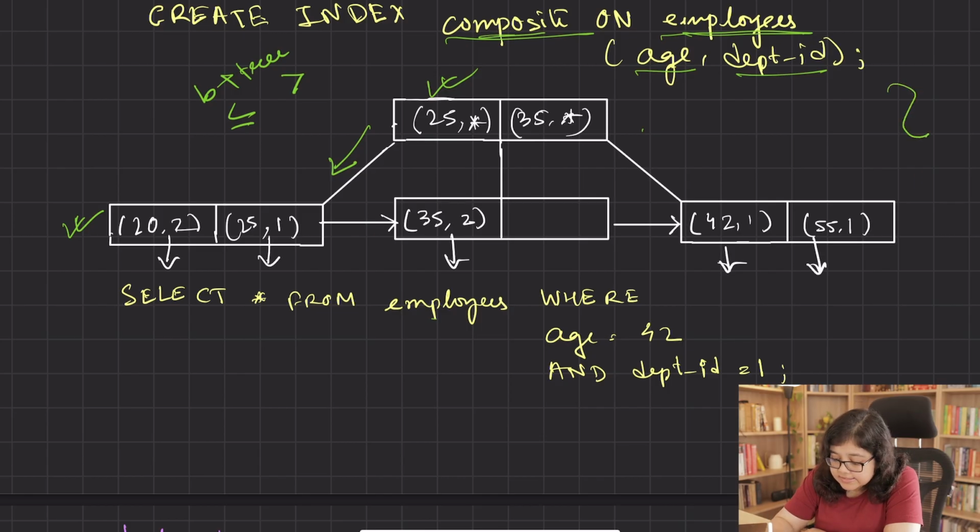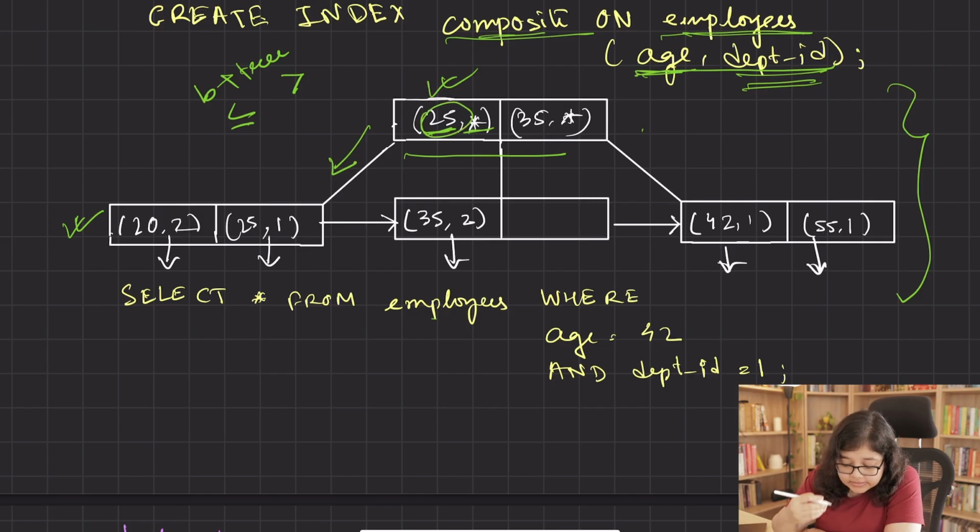So here, this is a very simplified version of B plus tree that is storing the composite index age, department ID. The root stores partial keys. The first value is the value of the first column age, while this wildcard represents the second column, that is department ID. Filtering starts with the first column, and then internal nodes guide the search, and then finally we reach the leaf node where the complete composite key is present along with either the actual data records or the pointer to the data records.